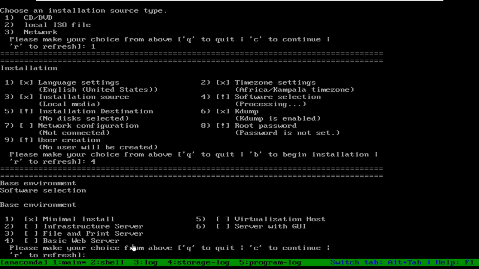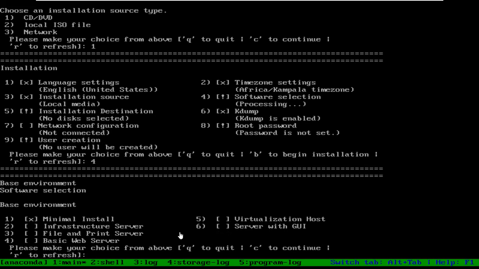But here it will not give you that option. So TUI installation is actually less feature-rich than GUI installation. GUI installation is more feature-rich than this TUI installation. It is just a little more, not too much, but a little more than this TUI installation method. We will see that when we do the graphical installation.